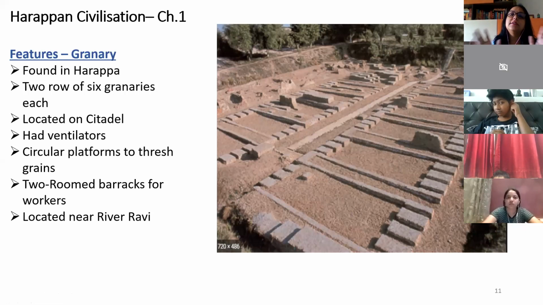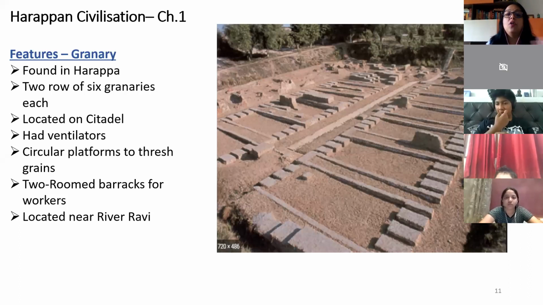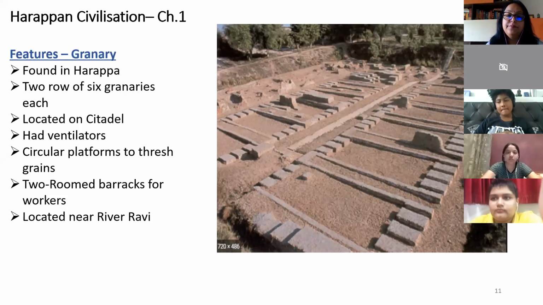Basically all these cities were close to the river Indus or its tributaries. Okay, they were all living close there. So the easy way of transportation is to go by boat, on the water, right? If you are close to the river, the boat will come and you can just take the grain and store the grain. Otherwise you have to carry it long distances. It is heavy. So, seeing the practical aspect of it, what did they do? The granary was located very close to the river. Okay, but it was on the citadel. Are we clear now, children?